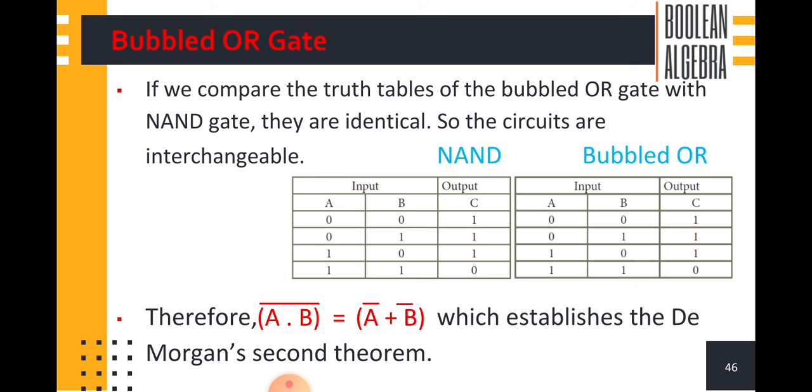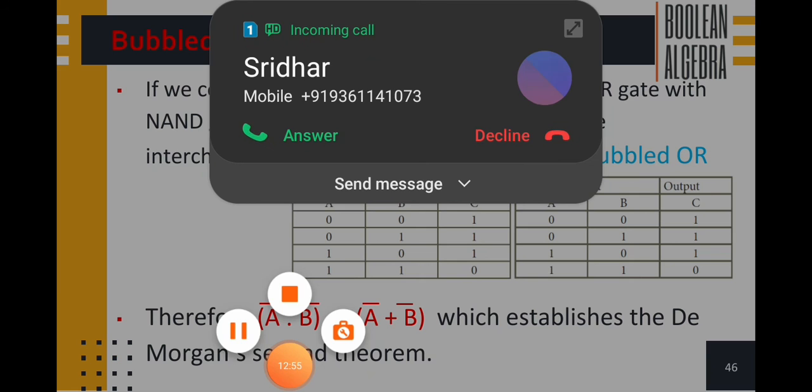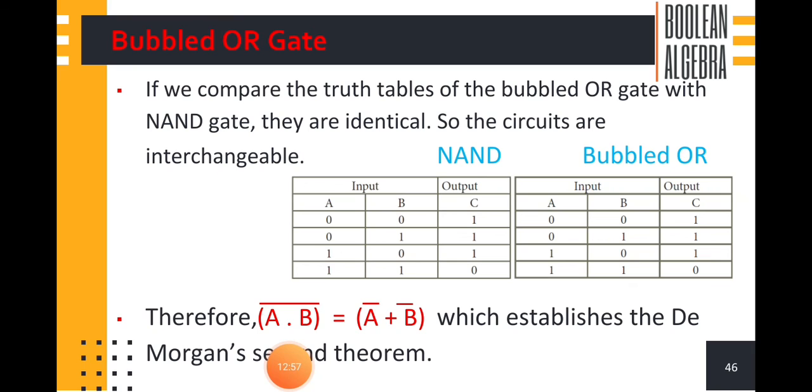Sometimes questions will be asked like how to realize the AND gate from the NAND gate or from the NOR gate. For that also we can give the answer. We can draw the NAND gate, and from that NAND gate you realize the AND gate. So these are the different types of questions that can be asked based on logic gates. Okay students, thank you.